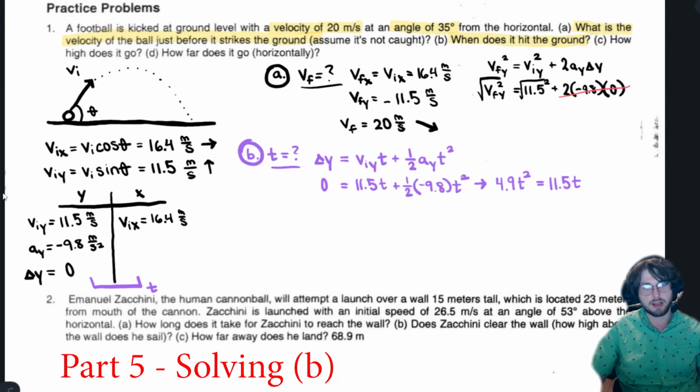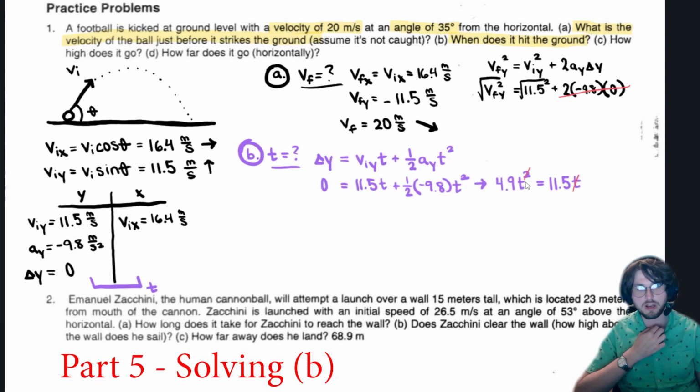Cool. And when we do that, good thing happens. We can freely divide both sides by t once in order to eliminate one of those. So that's going to get rid of the t squared here and just replace it with regular t. And it's going to eliminate t outright from this right side here. That's good for us because that gives us a very easy way to now solve for t by itself, which is if we divide both sides by 4.9,